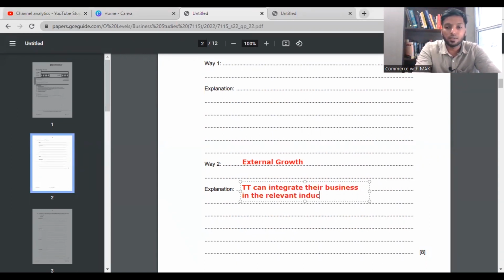So what else can you write? TT can integrate the business in the relevant industry under horizontal integration,